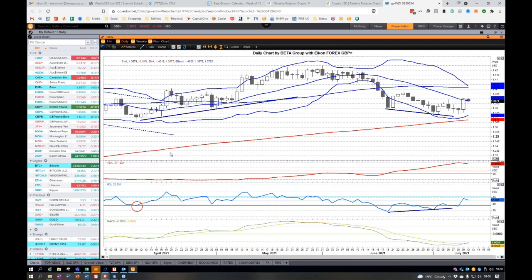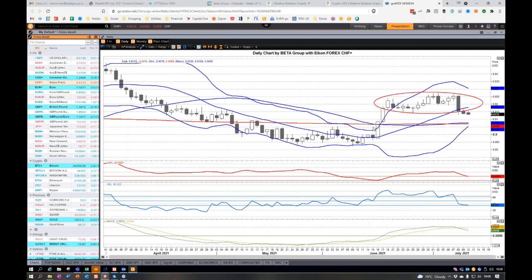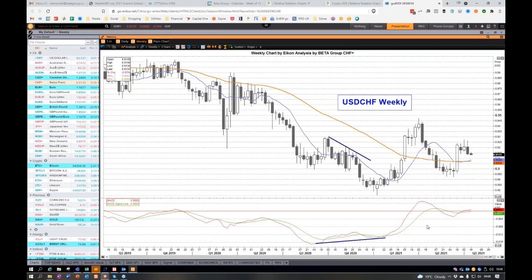And then the other one which was looking good against the dollar was the Swiss franc, taking back its normal role as a reserve currency. Of course, an improving Swiss franc means lower on this chart. And what we've got here, and this is the daily chart, let me show you the weekly first. Here we have this long down move, which is strengthening of the Swiss franc, break of the downtrend, pullback,